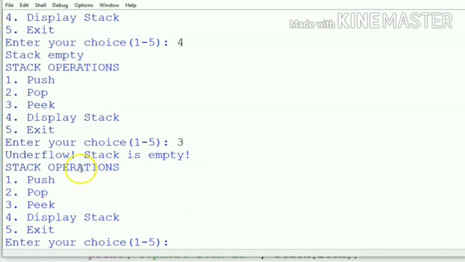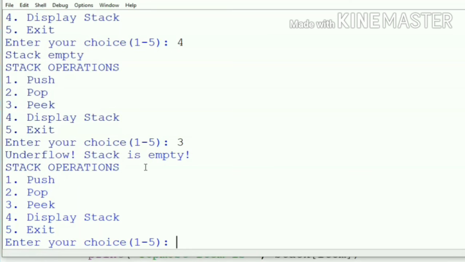See here, underflow, because stack is empty. So no more elements, that's why it displays the message underflow. Clear? So these are the different operations: push, pop, peek and display. Display means traversal, processing all the elements. That is, display is also called traversal of stack.